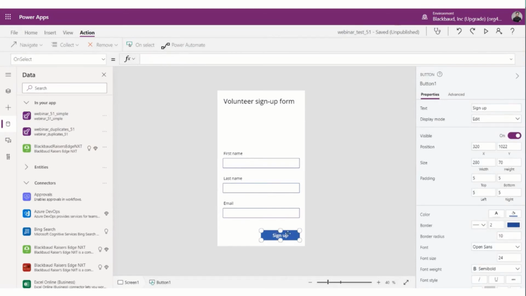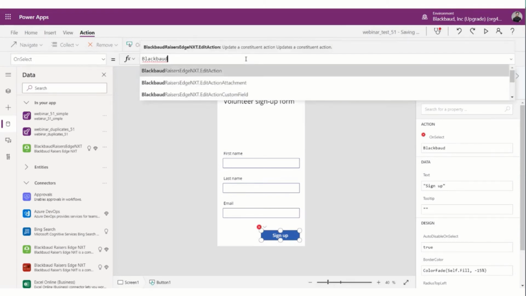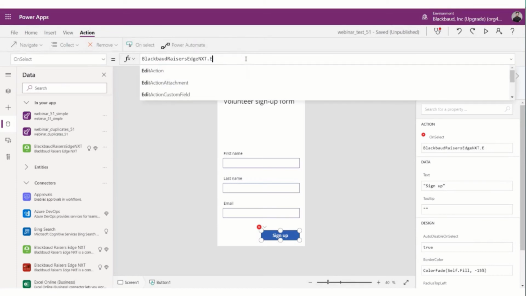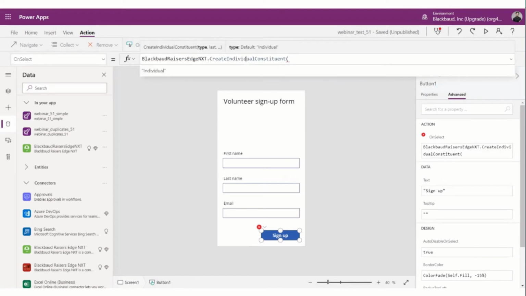Within this formula bar, you can either go into advanced and choose on select, but I prefer to work with the formula bar up top. There's a little bit more space. So we're going to say, hey connector, Blackbaud, and we'll use that to fill in create individual constituent.